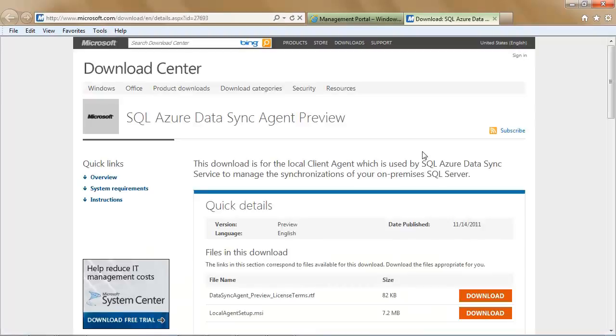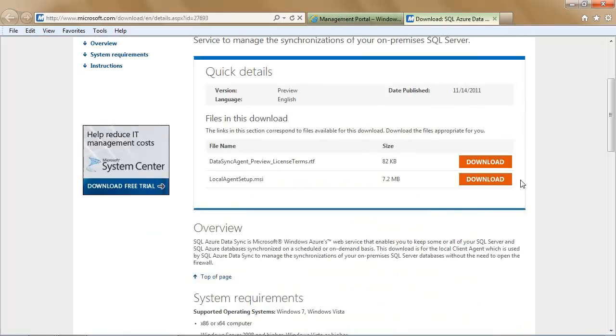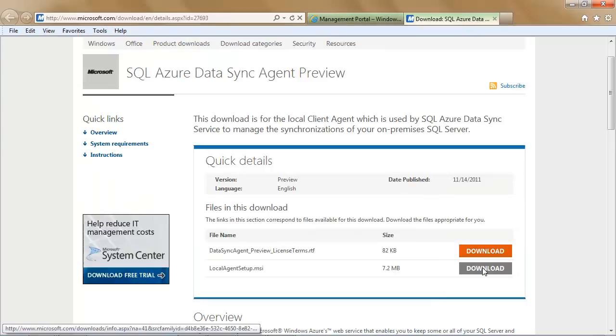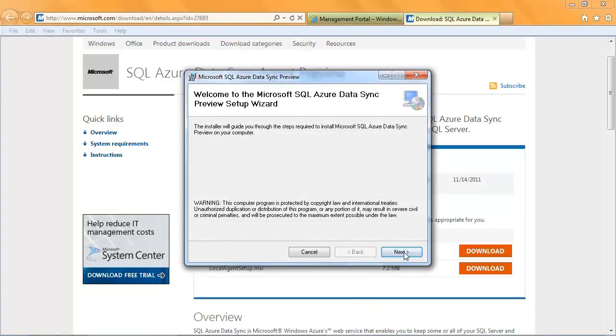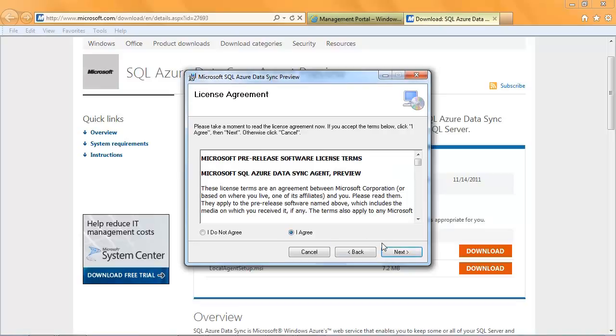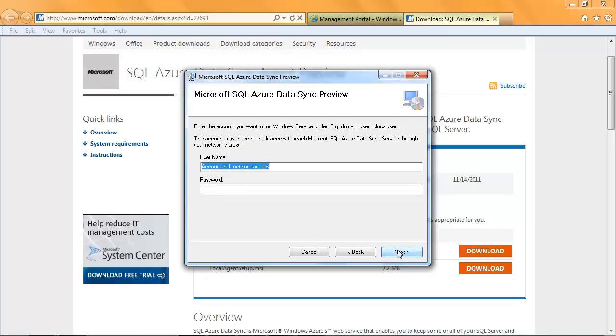And it's going to take me out to the portal and say, all right, let's download this. So what I need to do is click Download. And what I want to click here is, since I'm running IE9, I want to select Run. So Next. I agree. Next. Now this says, what's my username,